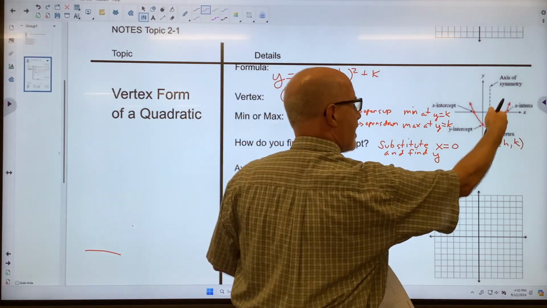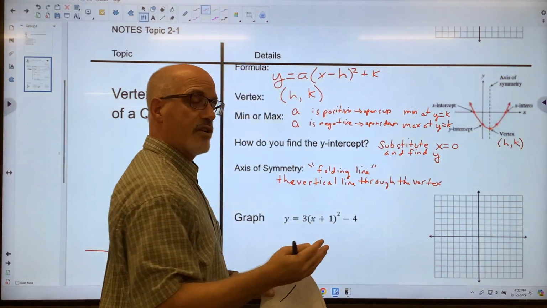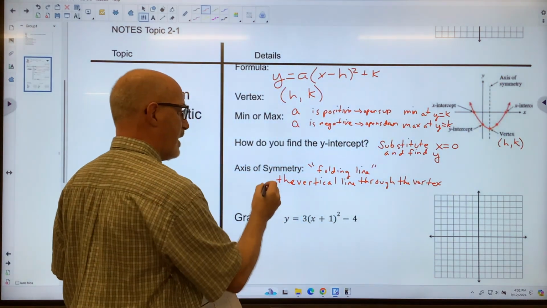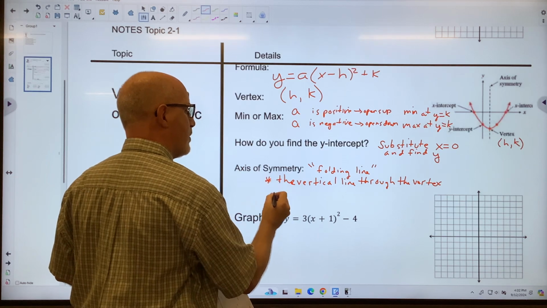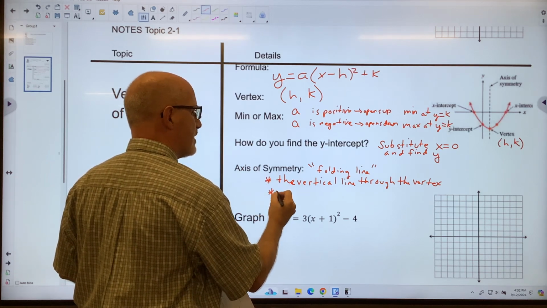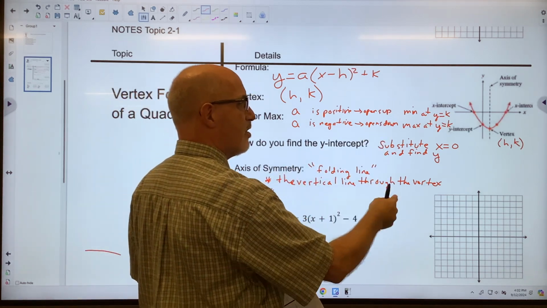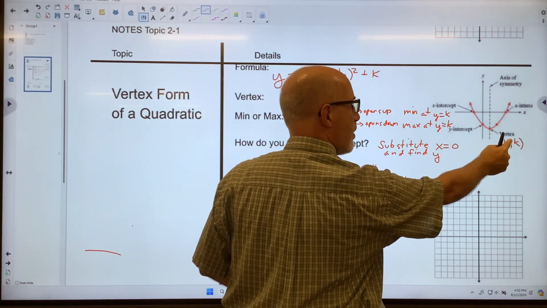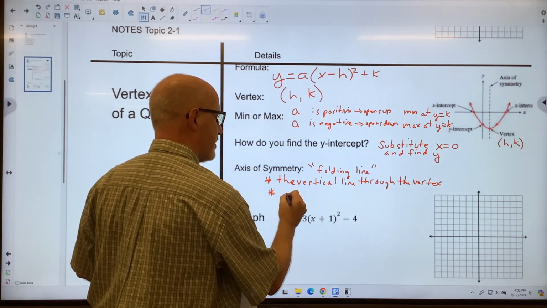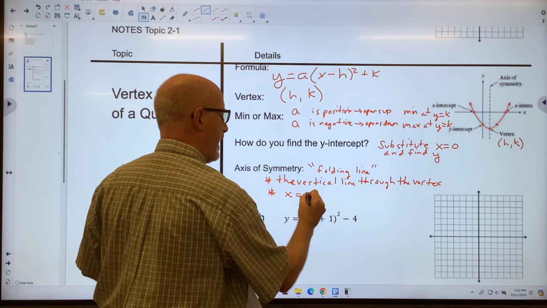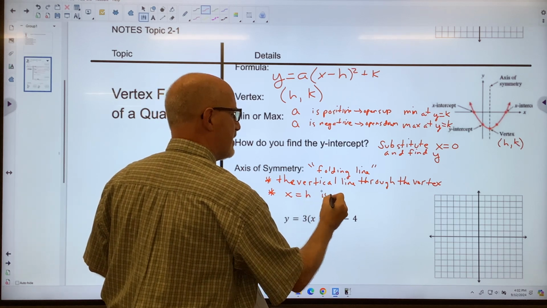Okay, notice that dotted line right there. It's just dotted to show that it's a folding line. That's the first thing we need to know. And the second thing to know is that because it's a vertical line, it's going to be x equals that x value at the vertex. x equals h